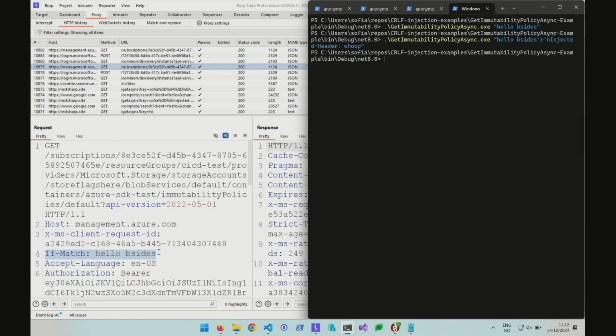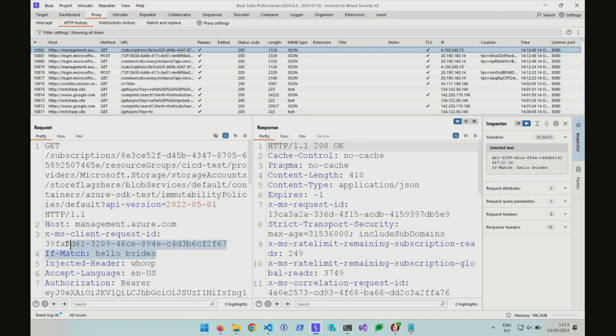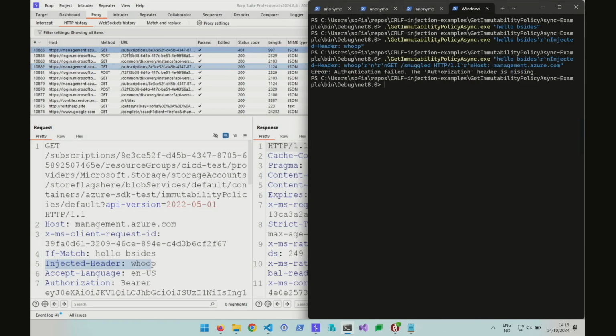All right, we'll do the third one. Let's see if we get to smuggle a whole request. Now, this is going to look weird in my proxy here, because it's all going through the same connection. But we have a first request, which is properly terminated, and we have a second smuggled request. I scrolled just far enough down that I haven't leaked my whole bearer token, but have shown you that the authorization header ends up in the second request,